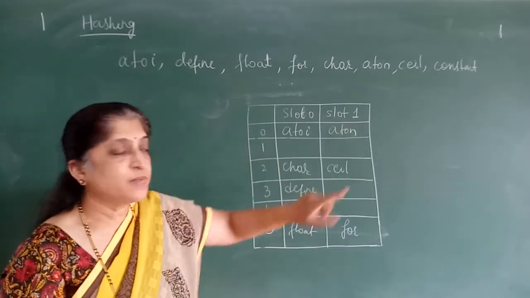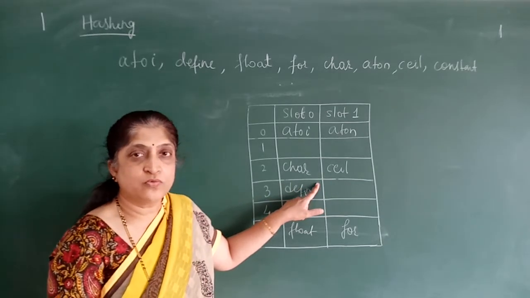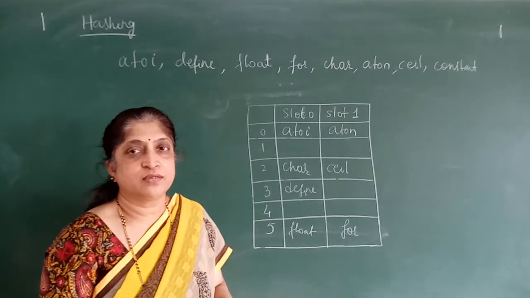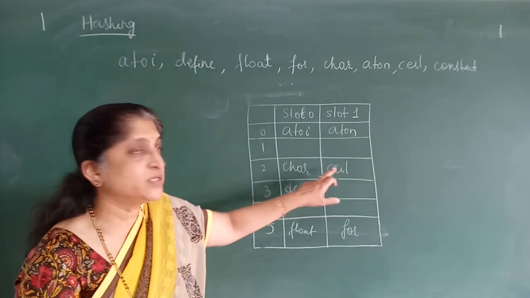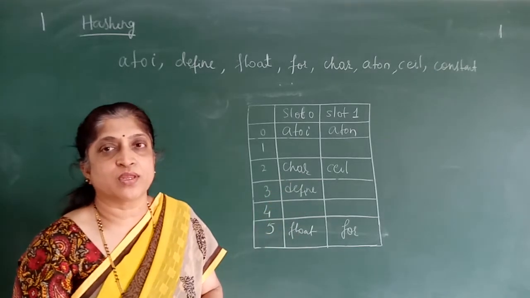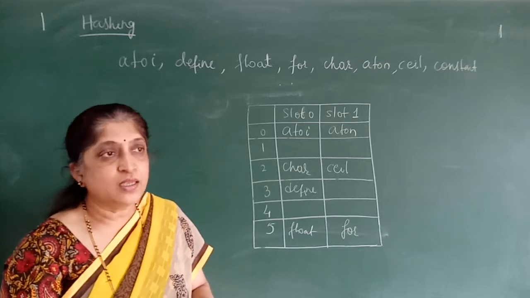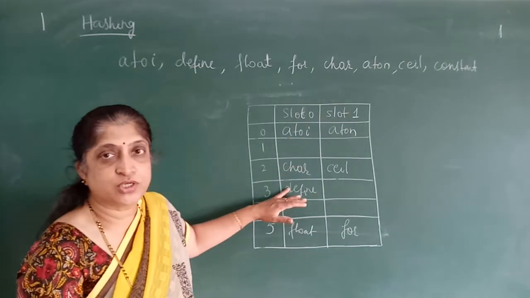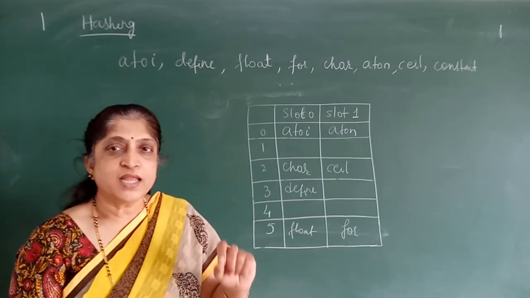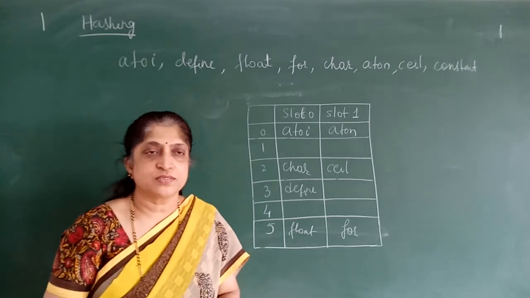That constant maps to bucket 2. But in bucket 2 we already have 2 values here. Then where do I store that? Currently I cannot store in slot 0 or in slot 1. But I cannot leave it without storing. We have to store that somewhere. How to store that we'll see. But whenever we have such a situation, we call it a collision. The collision has to be resolved. There are different methods of resolving these collisions.